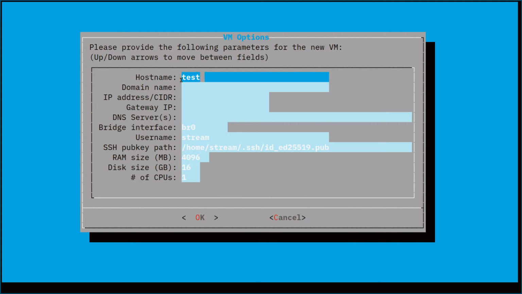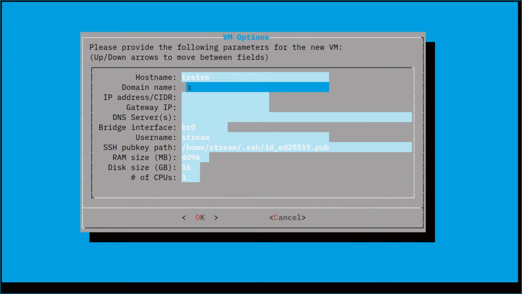Host name, let's just call this test VM. Domain name, this is plugging into my local home network where my domain name is home.mattwilson.org. The IP address I want for this VM, and as we'll talk about, this is using bridged networking, so it will just connect to whatever physical network your bridged interface is set up to connect to. So this is my normal home network. So I think .183 is the available IP address, and then you put in the net mask using the CIDR